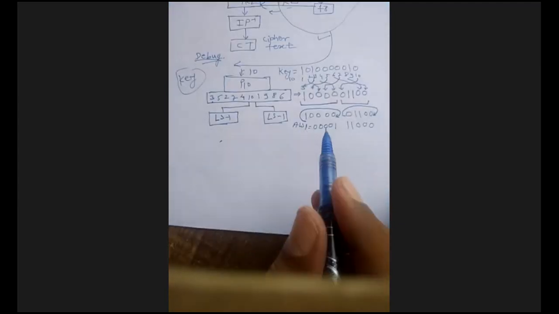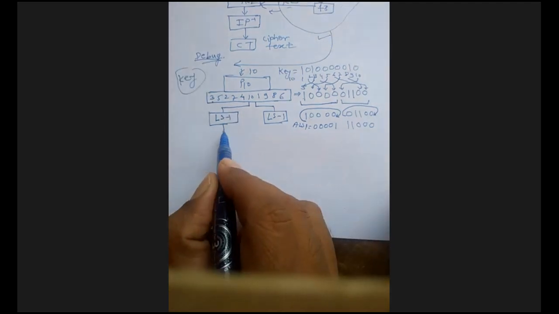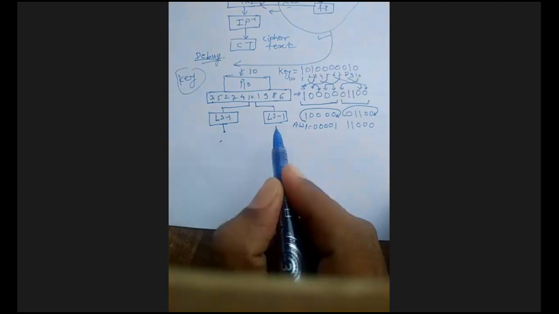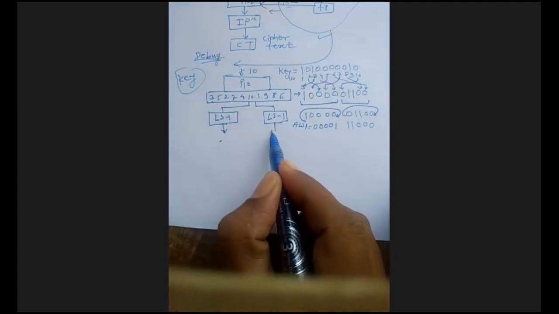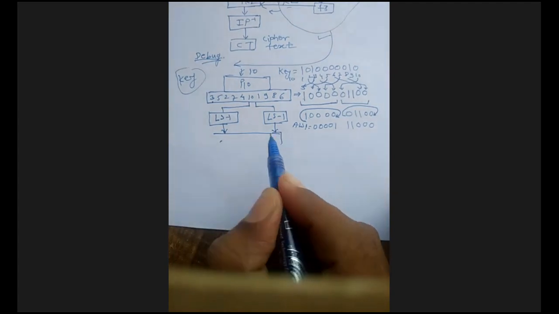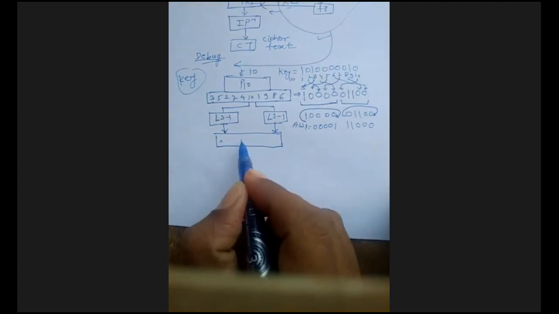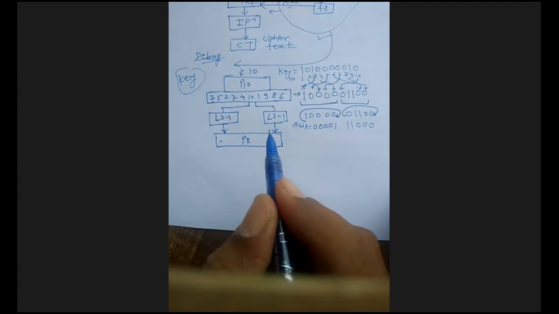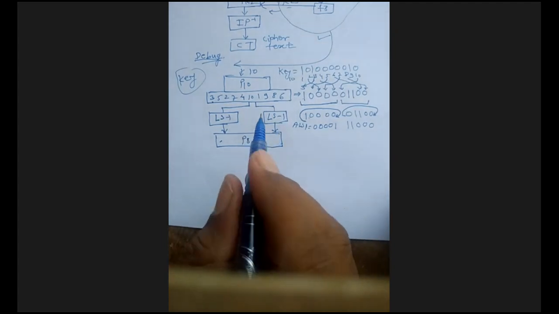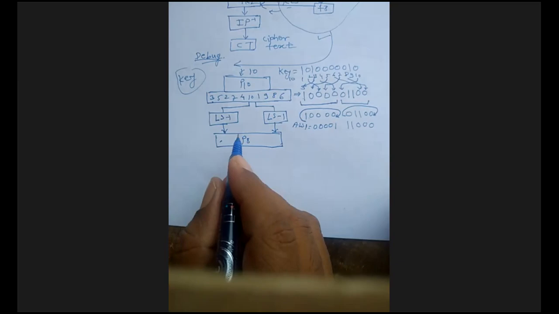Now, once I have done this LS1, what is the next step? From this, I have to generate the 8-bit number. So I put this block over here so that you can understand it. What is P8? For P8, they have again given numbers, just like the P10 was given numbers, so for 8 they have given the numbers again.